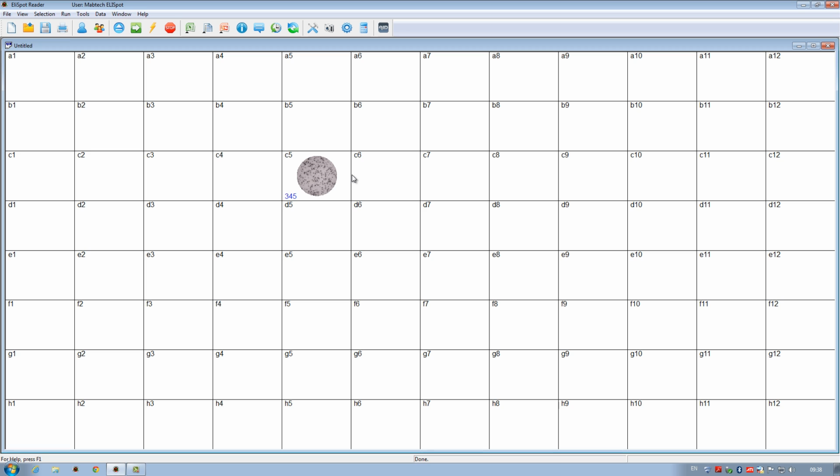However, before we do that, I would like to point out that under normal circumstances, this long process of setting up the machine is something we only have to go through once. The next time we load this user profile, all settings will already be configured accordingly and we can instantly start reading and counting our next EliSpot plate without any configuration steps.